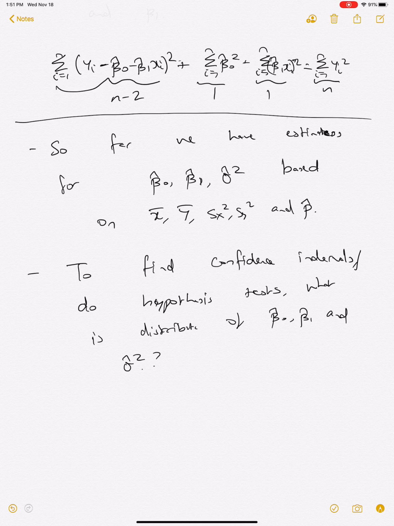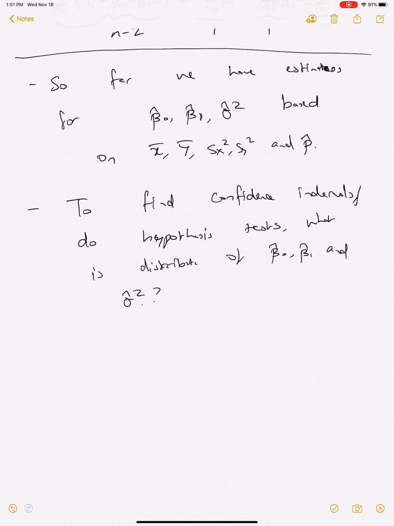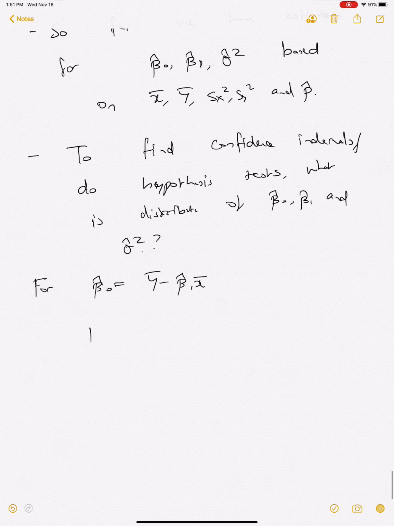That's the question that we're going to mainly tackle in the next lecture, but just to get you started, we have that beta hat 0 is, and beta hat 1 is equal to, x bar, and then we also know that